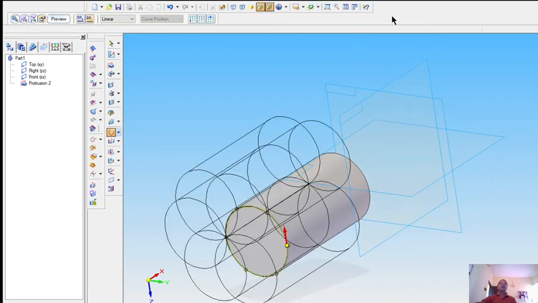Let us take a zoom view of this created pattern along the curve.